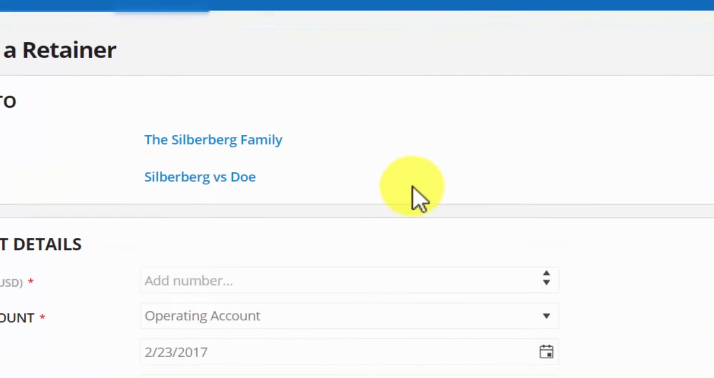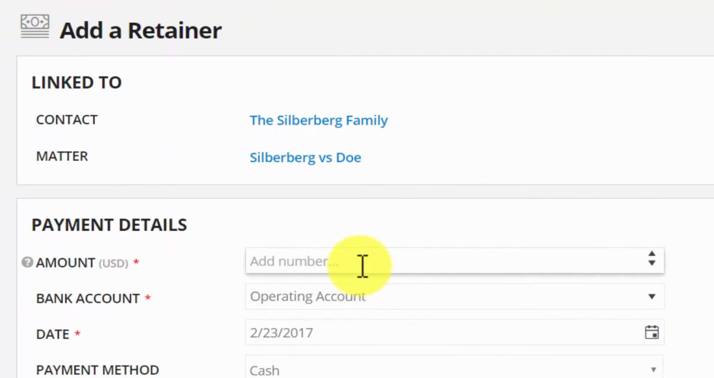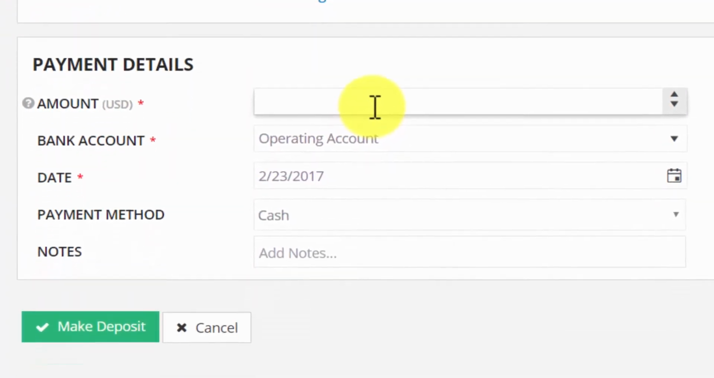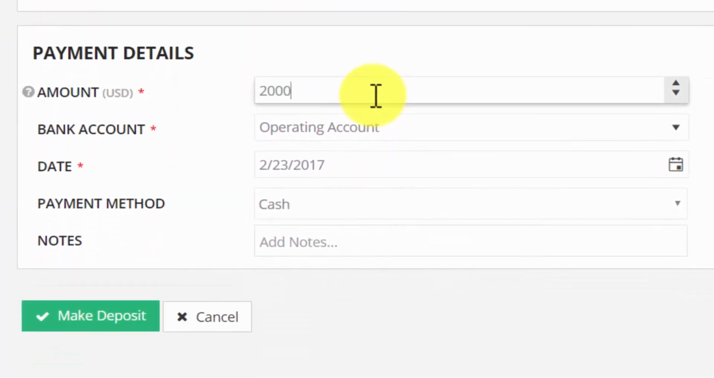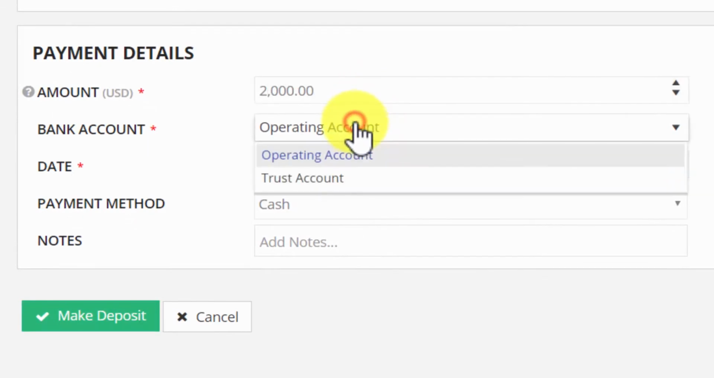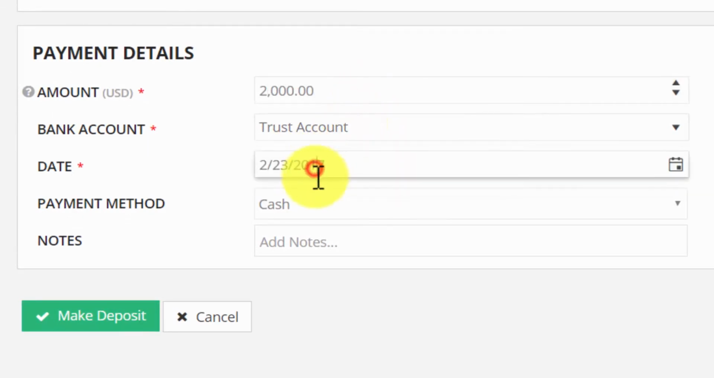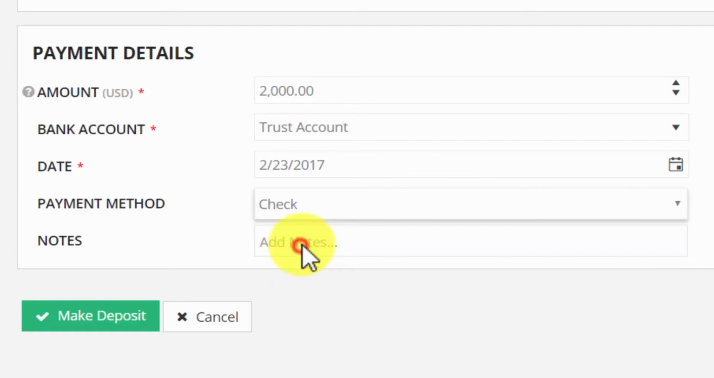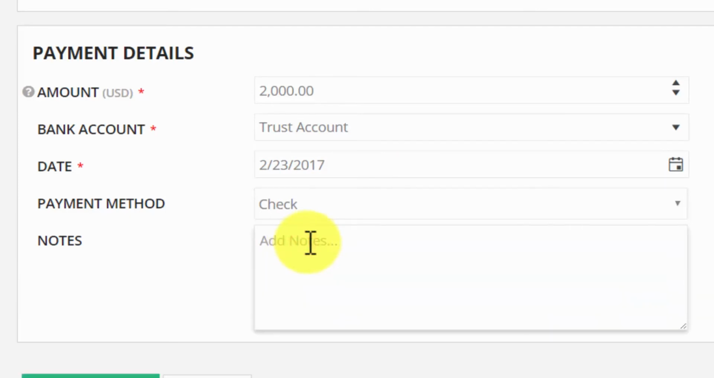This is to record a retainer payment you've already collected and you just want to show it on PracticePanther's system. So we'll say the amount was for $2,000. You're going to change operating to trust, when you got the payment, how you got the payment, and any notes you want to take on this. So we can put our check number, for example,